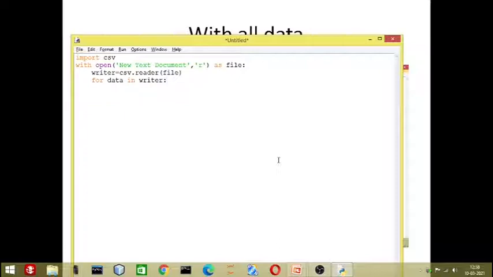Now it is time to print the data, so we'll use the print command, and here we will give data index number 0, comma, end is equal to inverted comma \t inverted comma, close bracket. So this will print only the first record.